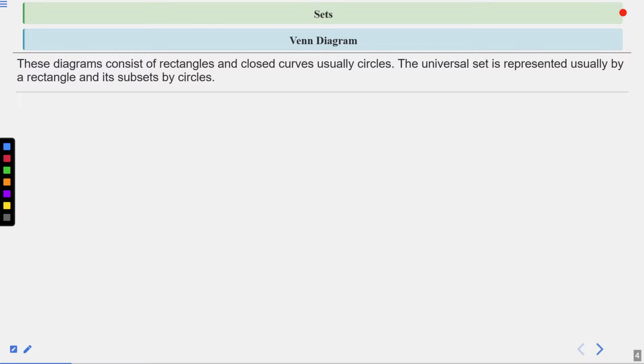So starting with what is Venn diagram. So simply these diagrams consist of rectangles and closed curves, usually circles. The universal set is represented by a rectangle and its subset, any subset, represented by a circle. Clear? It will be all clear if you